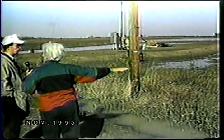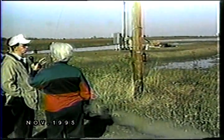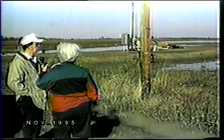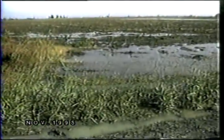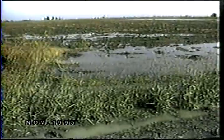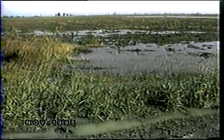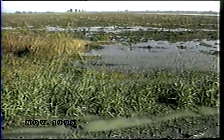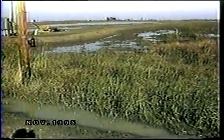A good example of what the Department of Conservation will look for in terms of water depth and coverage would be what's immediately in front of us. You see a rolling topography between 0 up to maybe 6 or 8 inches of water. That's been found to be a very productive depth in terms of habitat for wildlife. Habitats vary per species. This one is going to be focused in some aspects towards a bottomland hardwoods habitat for